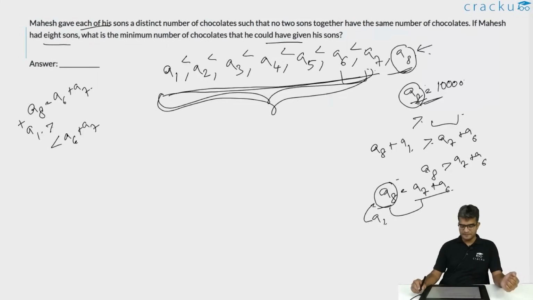Now the smallest number is 1, so that will be the value of A1. The second smallest number is 2, so that will be the value of A2. The third smallest number is 3, so that will be the value of A3. Till now we haven't gotten actually 2 pairs, so we need not worry about whether that condition is being satisfied or not. Now when you are making the fourth number A4 to be equal to 4,